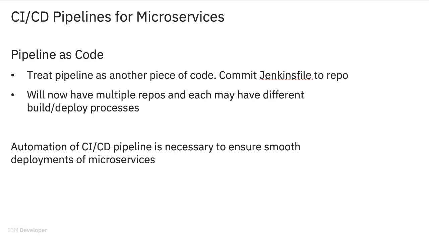In the old monoliths, I had to have the same programming language top to bottom. Now I can have many different programming languages, so I may have different build needs. Each particular component will need its own deployment scripts. So in the example we're showing here, you have a Jenkinsfile as part of the code, and you check it into the source code management system and automate your deployments using that